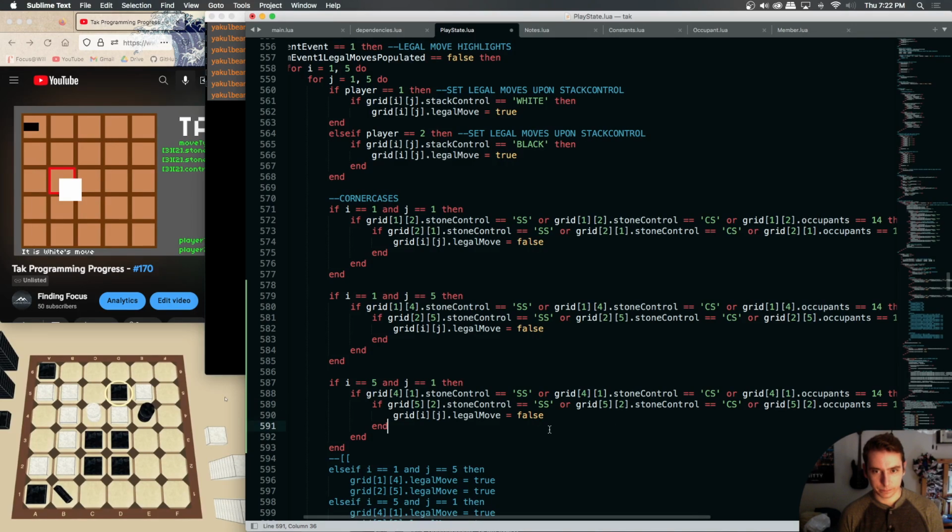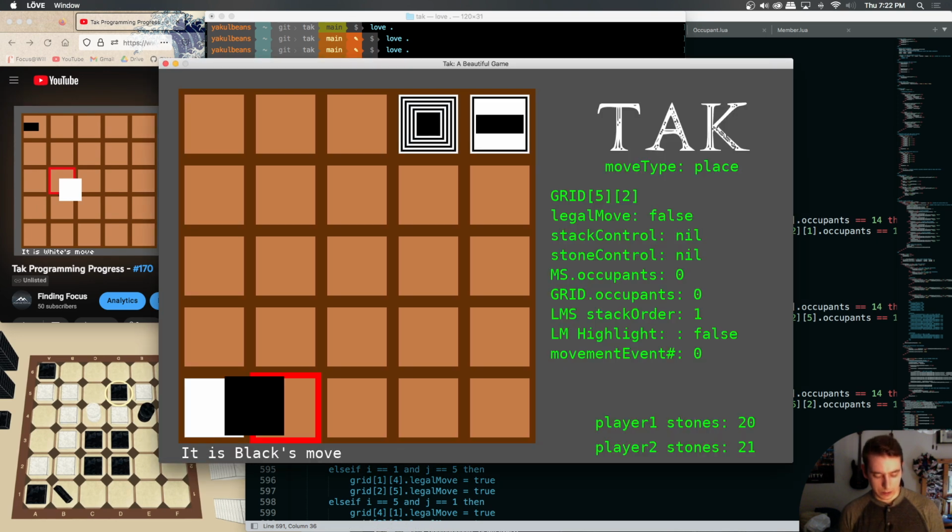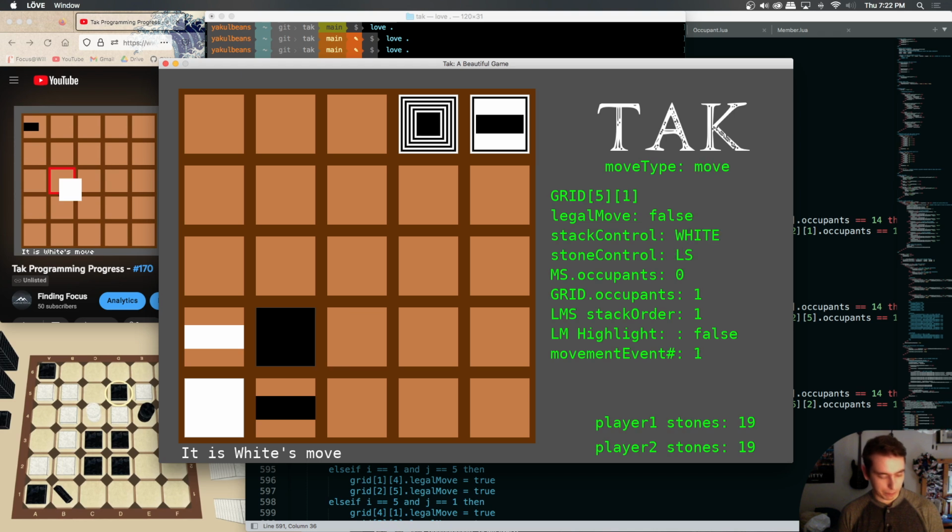Okay. Let's see if that bottom left is fixed now. So if we have a standing stone surrounding it, we shouldn't be able to pick it up. It should not be a legal move when we hover over it, and it looks like that is correct. So now the only one we haven't done is our bottom right. So if we mimic that just to prove that it's wrong,